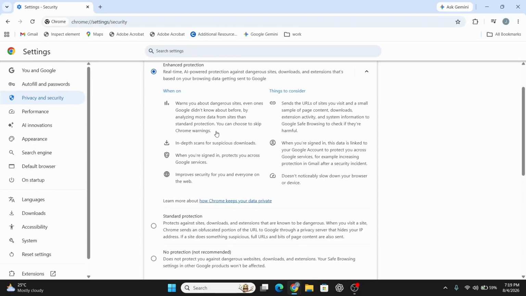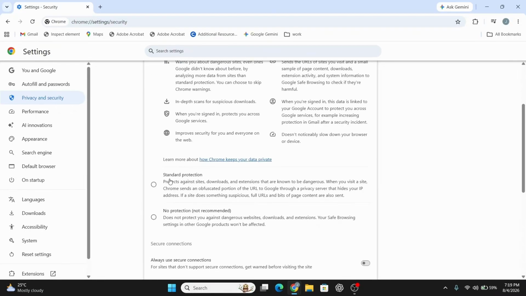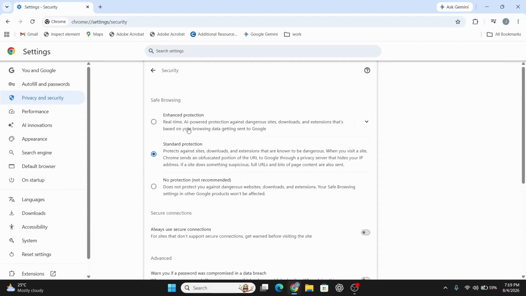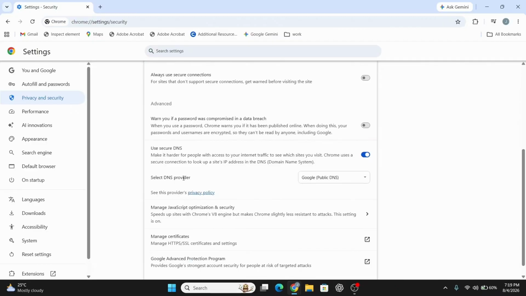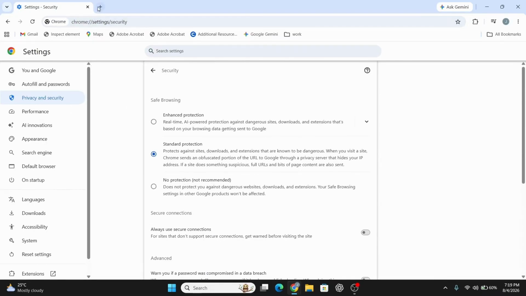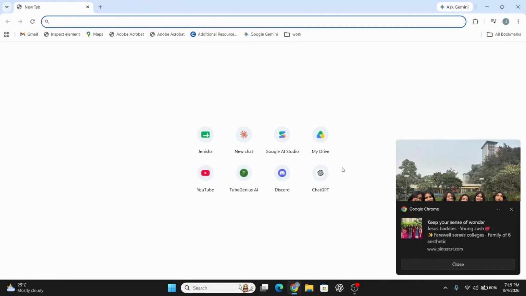Standard. At this stage, keep in mind Enhanced Protection shares more browsing data with Google to power this real-time checking, which is the trade-off for the added security. Keep in mind, if you're signed into Chrome, this also helps better protect your account from phishing attempts targeting your specific sign-in. Finally, close Settings once Enhanced Protection is selected, and it'll now actively work in the background as you